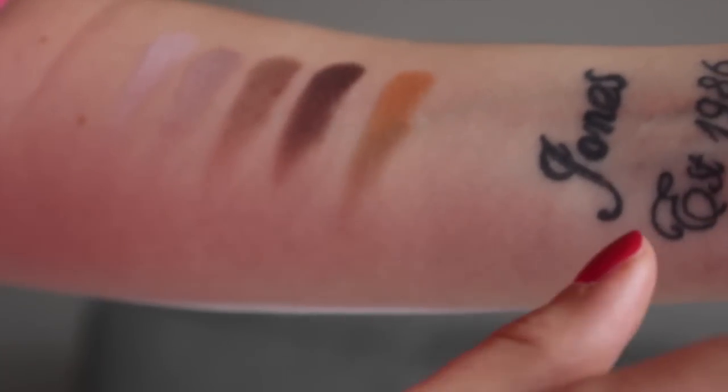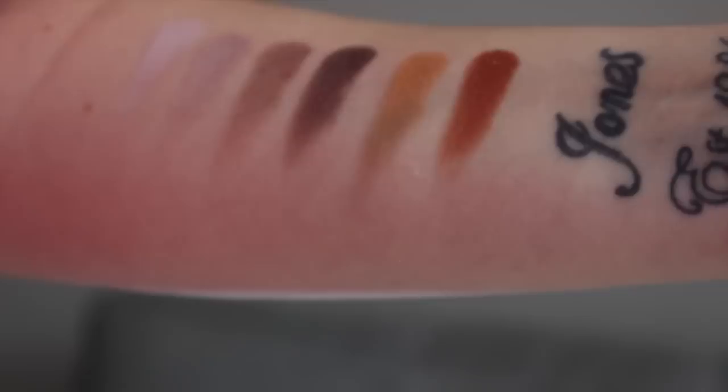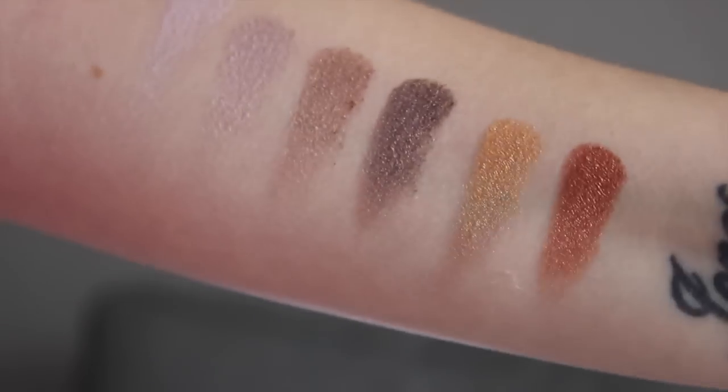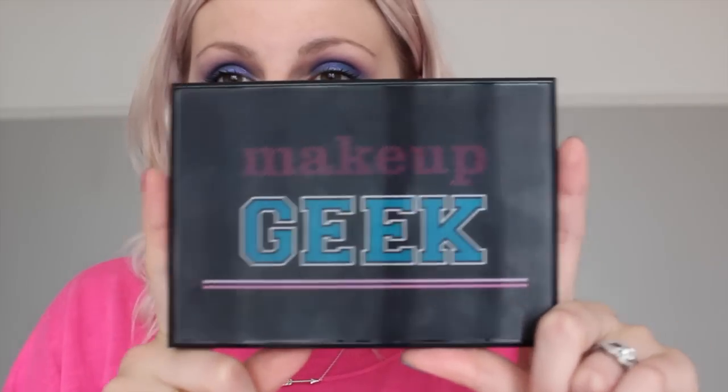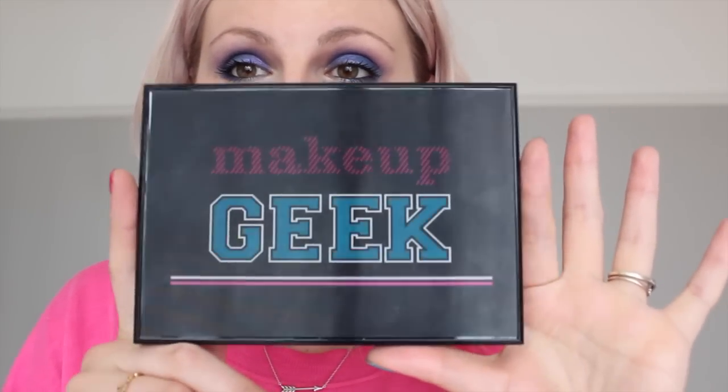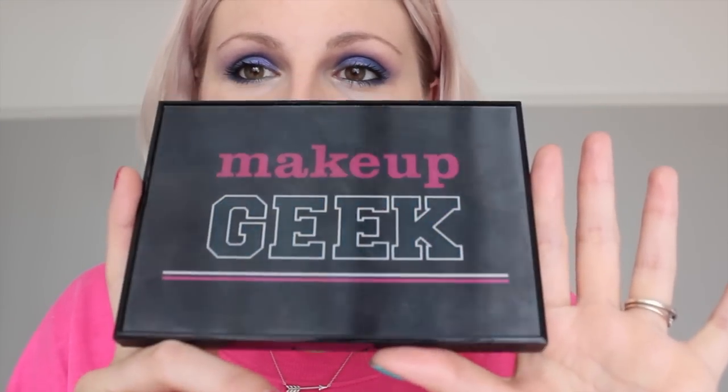So I would definitely recommend this one, and if you are looking for something like this, I think it's $7.99 for, correct me if I'm wrong, 36 colours off the top of my head. So definitely would recommend this if you are looking for, how cute is that, a nice colourful palette, especially if you normally buy higher end eyeshadows and you want colour but you don't want to spend a lot of money because you don't know whether or not you'll wear them. This is a great idea,